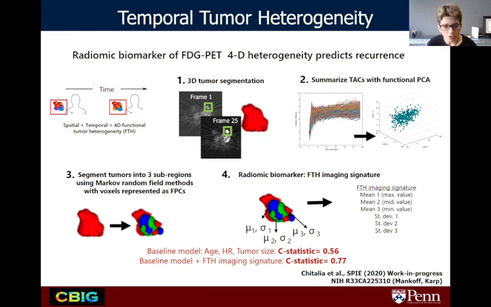And we've done a little bit of work here in the PET imaging, dynamic FDG PET imaging, where we started looking at clustering not just the voxels in terms of their spatial characteristics, but clustering the voxels in terms of their temporal characteristics, treating them as time series over several acquisition time points, and looking at different ways to try to identify, again, these subregions of heterogeneity and parameterizing that in the context of predicting outcomes. So there are two components to consider, spatial heterogeneity and temporal heterogeneity. I wouldn't call it longitudinal, because that sort of relates more in the course of a therapy, but temporal in terms of the same scan, but different uptake of the contrast agent.